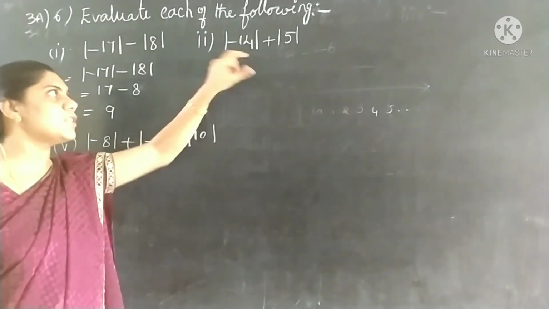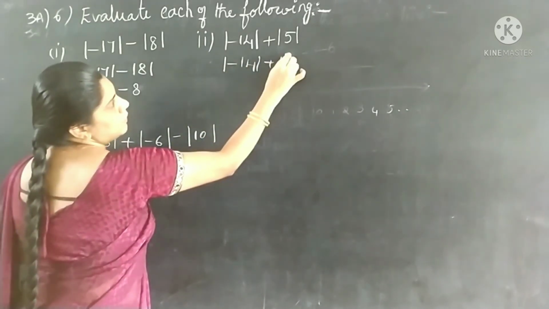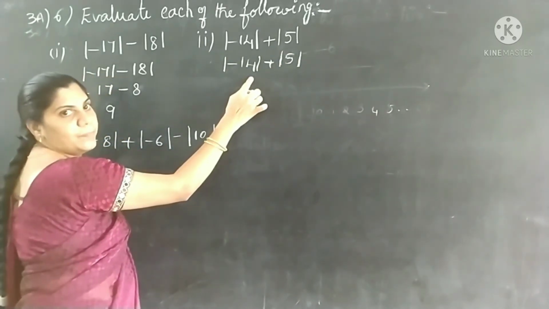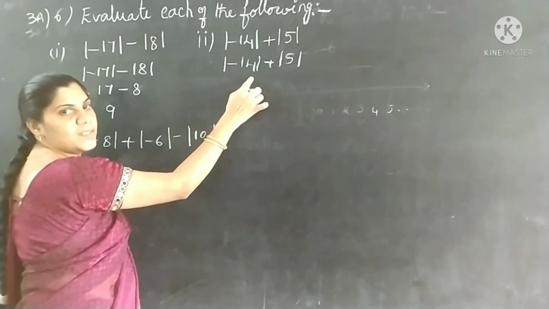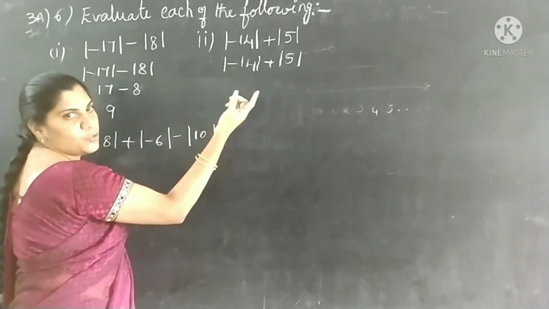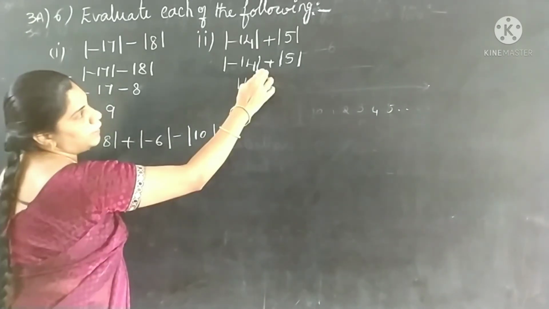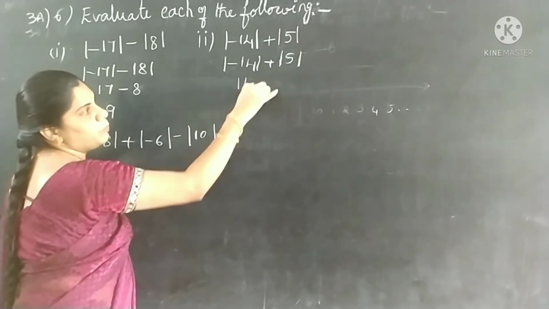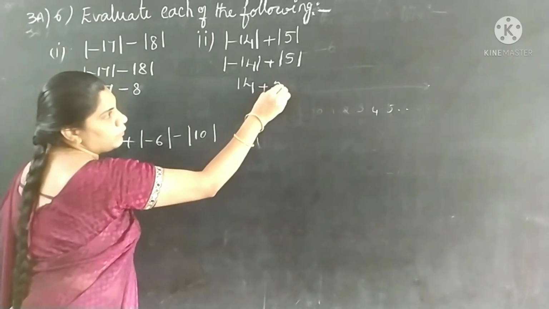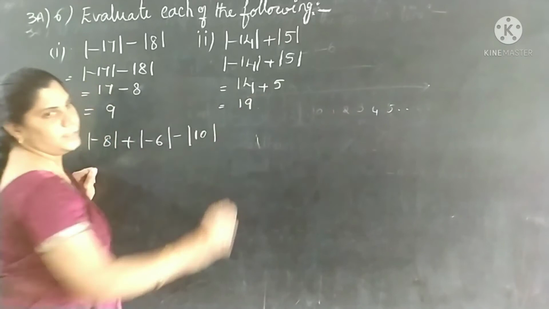See the next one. Absolute value of -14. First, write down the given number as it is. Now, absolute value of any number will be that number only, irrespective of the sign. Here you have negative 14, a negative number. So this will be converted to positive. You will get the number itself. Here you have plus. Now mod of 5, absolute value of 5 will be 5. Now what is the answer here? 14 plus 5, 19. Okay.